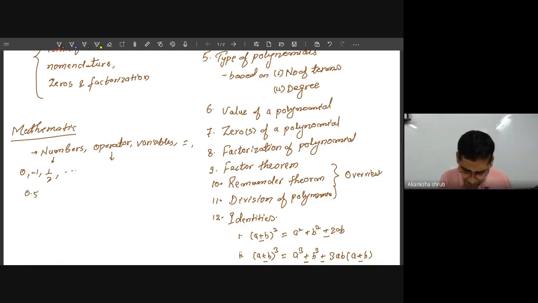Operators. In mathematics, we often come across various operators. Operators means the operations that we are doing in mathematics. What are we doing? Most commonly, we are doing addition, subtraction, multiplication, division. These are the most common things. It may be possible that some term is first added, then it is multiplied. More than one of these can occur together. So these operations are over whom? Over these numbers. So these numbers are operated.